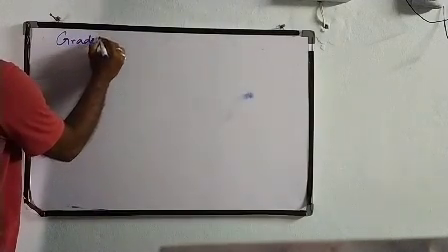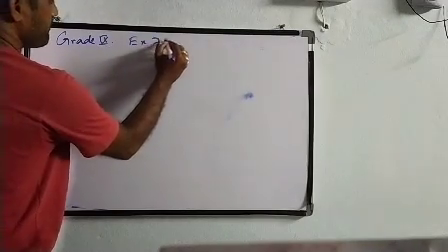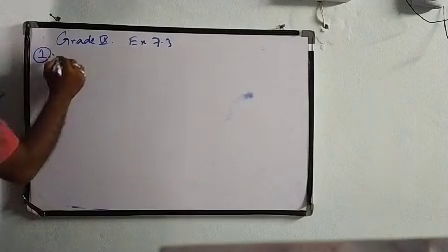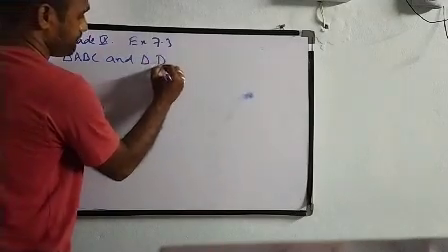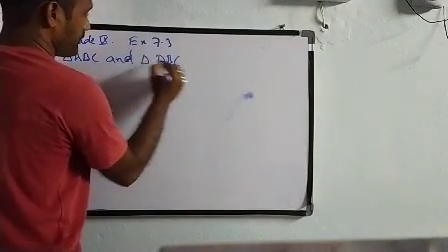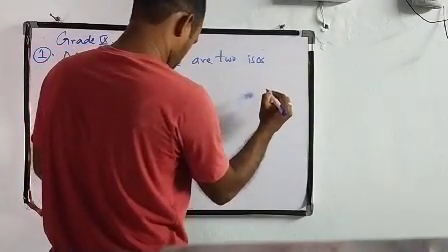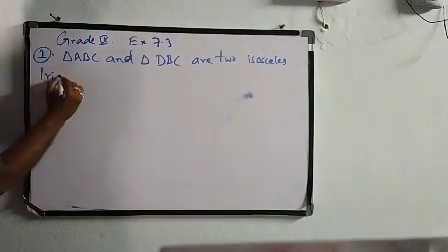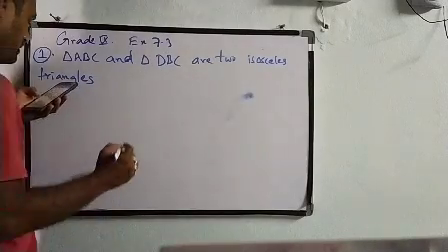Now let us see grade 9. Exercise 7.3. Let us see the first question. Triangle ABC and triangle DBC are two isosceles triangles on the same base BC,